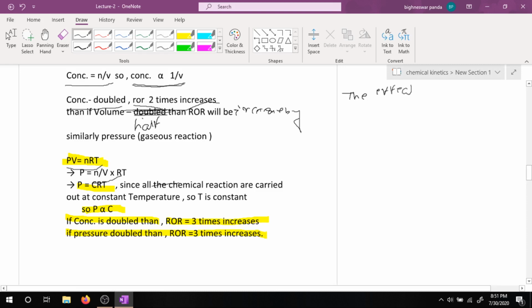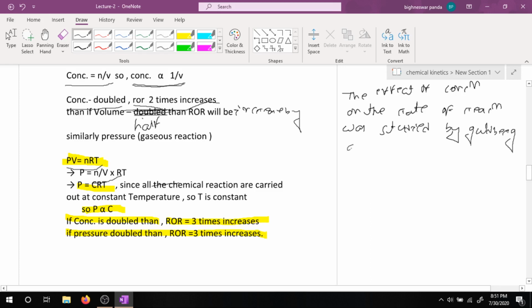The effect of concentration on the rate of reaction was studied by